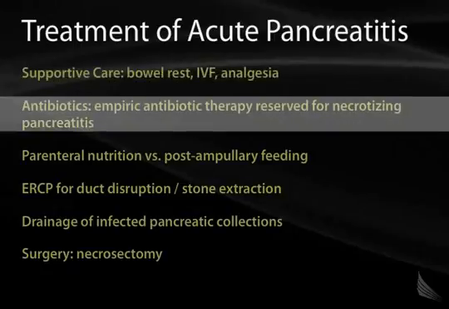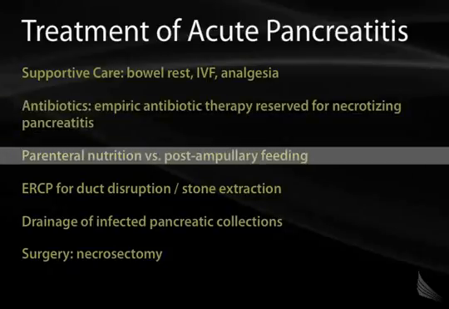Empiric antibiotic therapy used to be recommended for necrotizing pancreatitis, but if necrotizing pancreatitis is present in the setting of fever, then antibiotics should be used. The antibiotic of choice is IV imipenem. Parenteral nutrition versus post-pyloric and jejunal feeding should be tried if the situation allows,